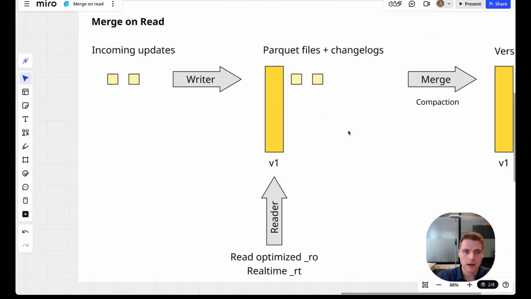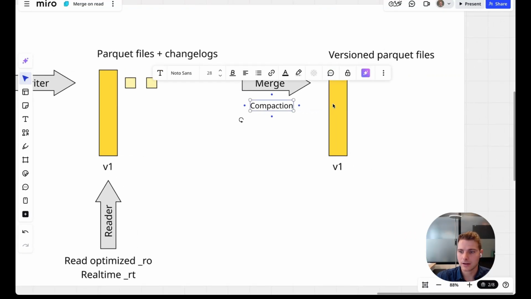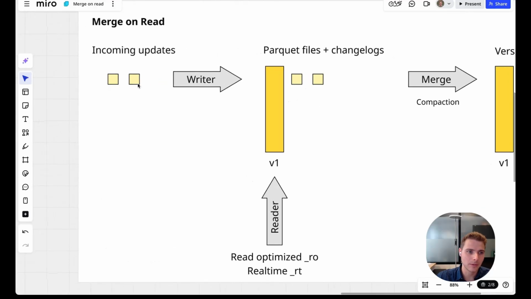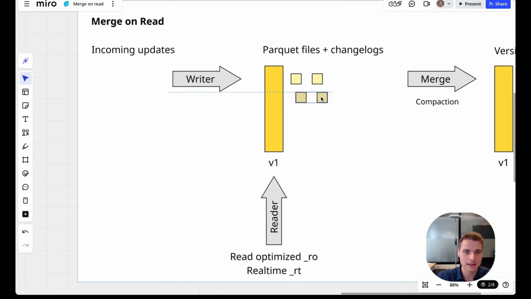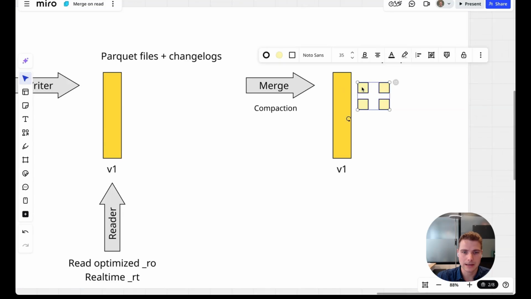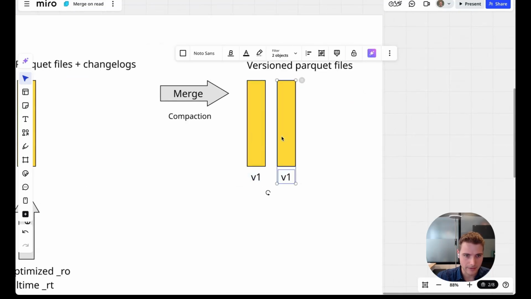Now, the other key piece is compaction. Compaction is a service that can run either synchronously or asynchronously to merge those log files into Parquet files. So this is how merge on read works. Instead of directly rewriting the Parquet files, you might wait for some more log files to accumulate. So we have more writes. Now we've got a bunch of log files in our base Parquet file. What happens here is we merge those into a new Parquet file. So we have version 2 here,